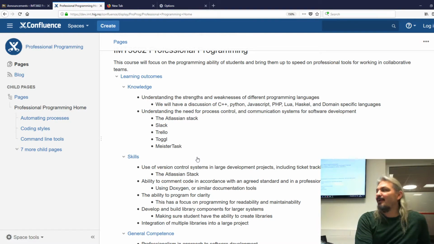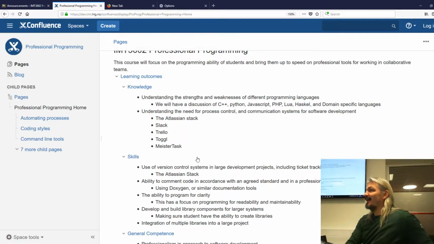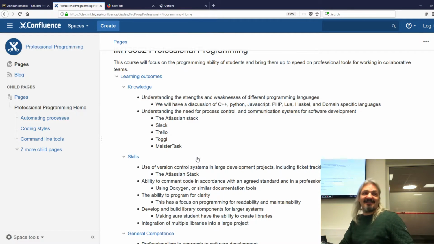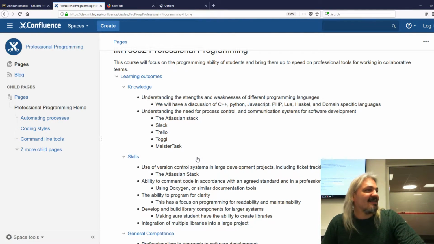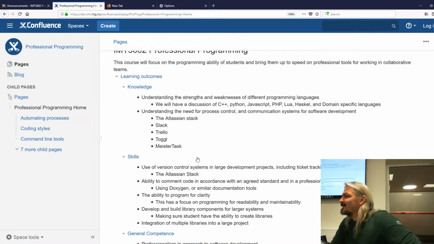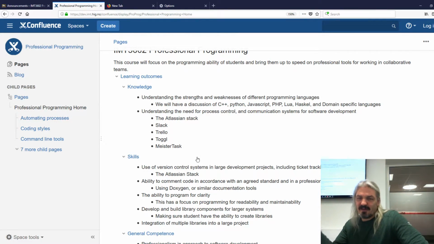So you've had an imperative language, an OO language, a scripting language. But you've not had logic languages, functional languages, and you probably haven't had many domain-specific languages. There's a whole category of languages, actually multiple categories, that you have not been exposed to. We will talk about some of those and the benefits of having more tools in your programming toolkit. So that's one of the things we'll talk about.